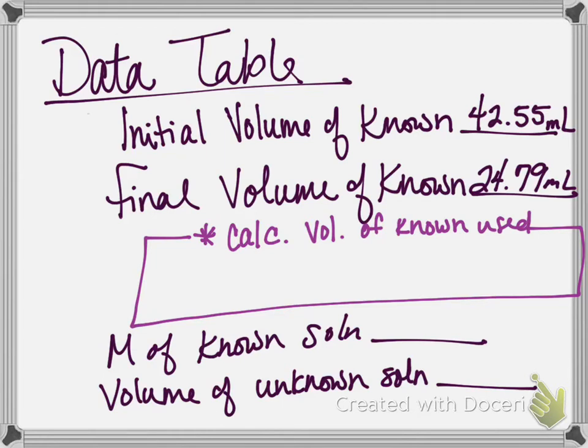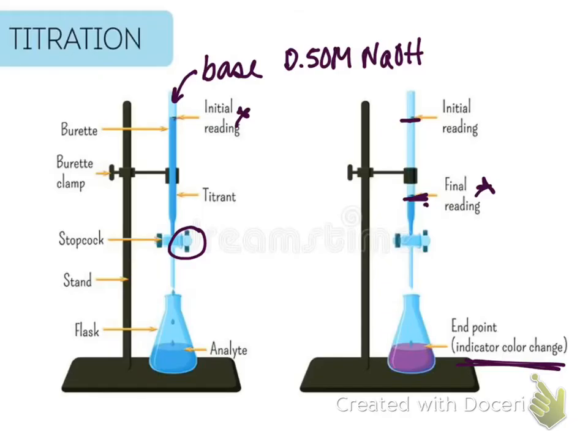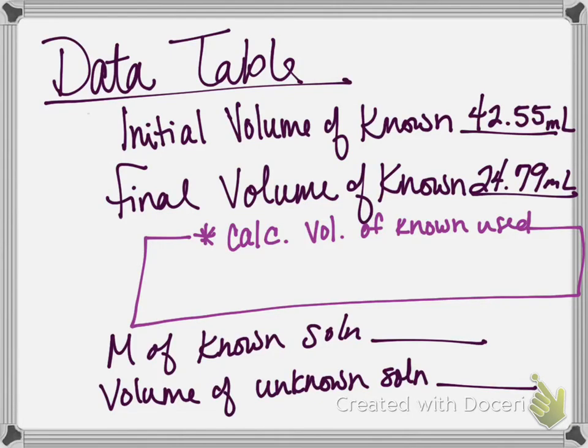What do you do with these numbers? Well, you can see how much was used by just subtracting the difference, right? Because if it went from there to there, that's how much was put into our flask. So you don't have to do anything funny with these numbers. We're just going to put in our calculator 42.55 minus 24.79. That's a difference of 17.76